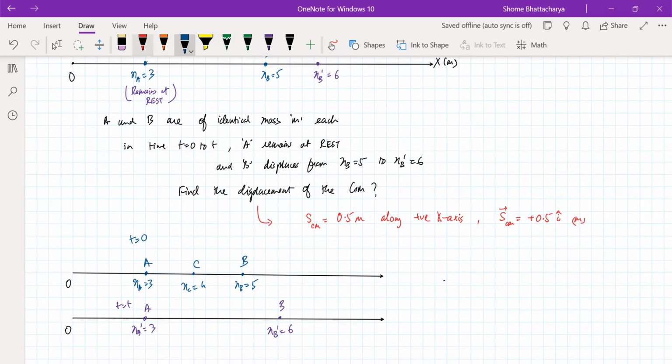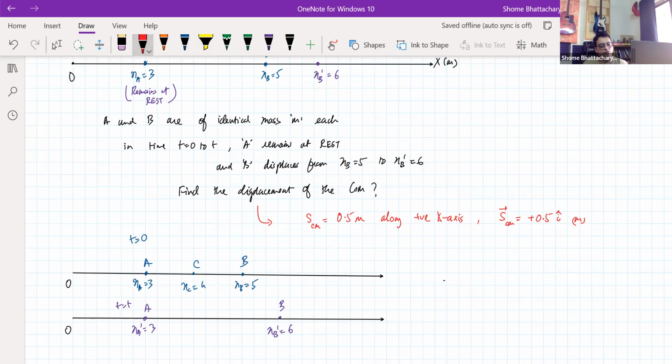Yes. The center of mass in this case has now moved to 4.5 meters. So you can understand that in comparison to B, the center of mass's displacement is half. This is the displacement of the center of mass, whereas this is the displacement of B. So you can also understand this in this way,